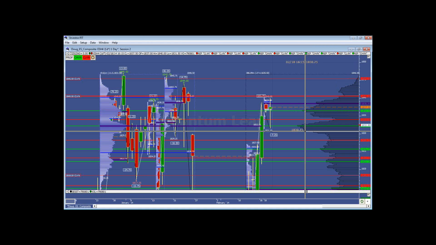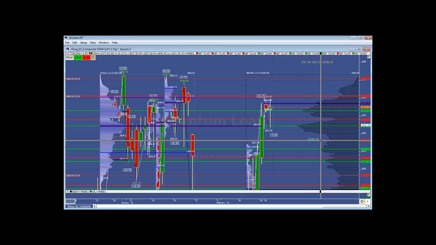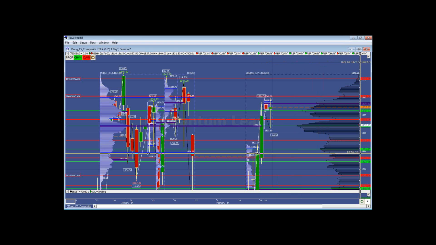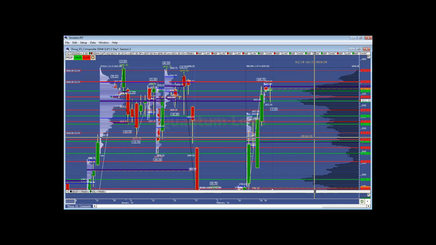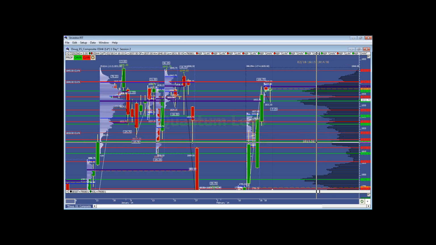And right now we have these two major price acceptance points at 36.50 and 32.50. We're likely to play ping pong between the two of them for the next little while, if we can hold above 28. If we get below 28, we're looking at it coming down and testing that value. And if we break below the 23, we're outside of value, and we're outside of this distribution, and we're likely going to get a bigger retrace, come down, test this 1850 CLVN, the CLVN that we were trading off of last week, and come down to this